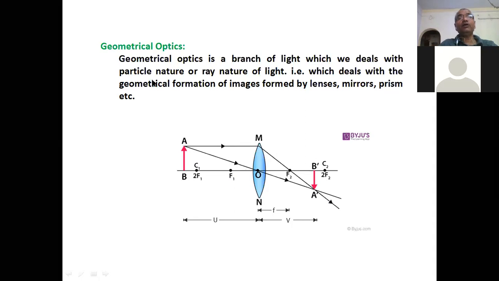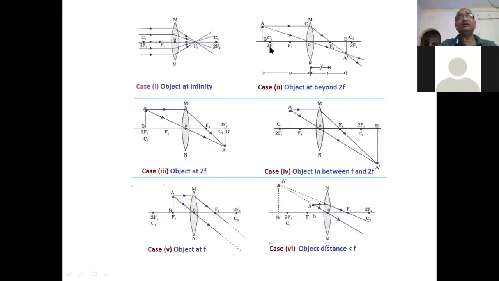So how is geometrical optics studied? This is the lens, and how this lens forms the image of an object can be shown by this ray diagram, and therefore this study belongs to the category of geometrical optics. You only remember what geometrical optics is, and you should only go through these images in order to understand what we mean by geometrical optics. So these are the various diagrams showing the formation of the images.